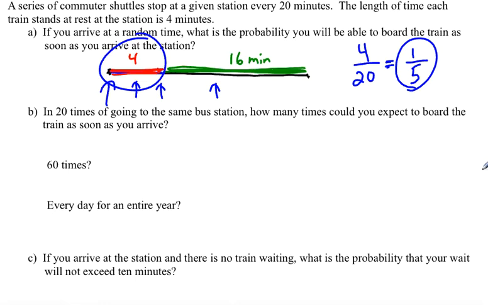20 times. I have my probability. Quick little review, if you're not used to this: I can take my probability and multiply by the number of times that I'm going, and that's going to give me the number of times that I should expect to be able to get on right away. So the answer there is going to be 4